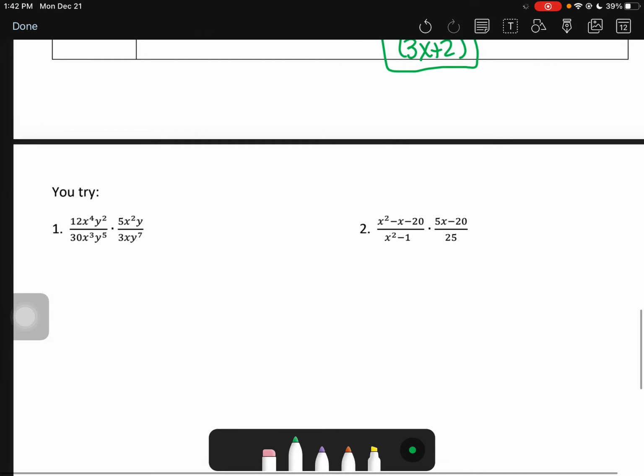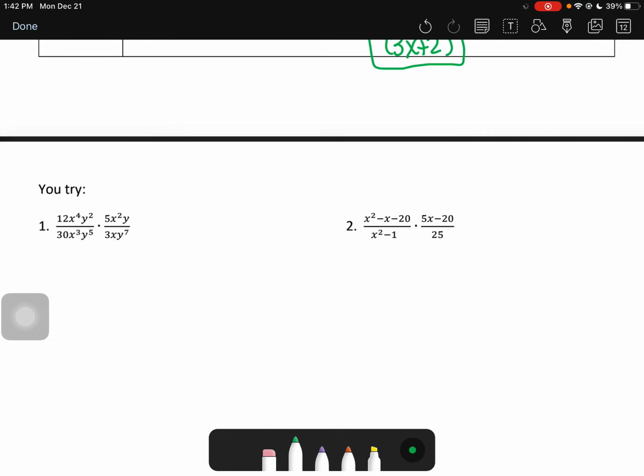So here are two problems for you to try where you are multiplying rational expressions. Make sure on problem 2 that you factor first. And on number 1, you can simplify first and then you can multiply, or you can multiply and then